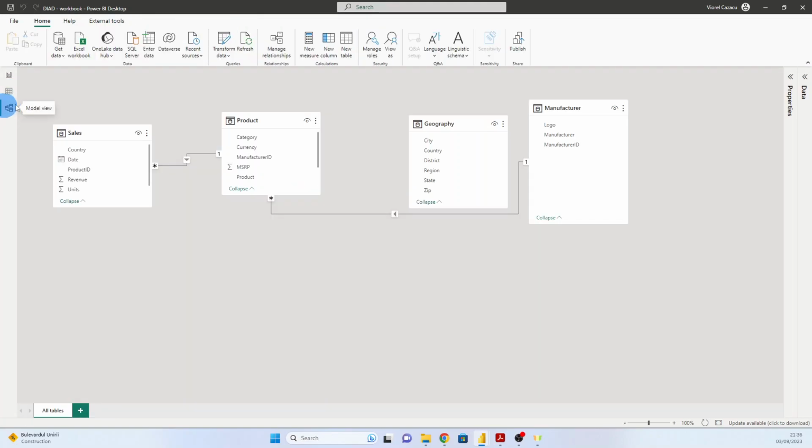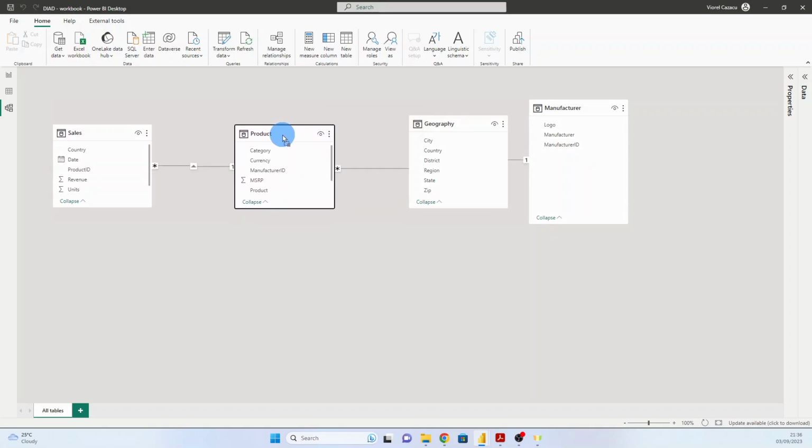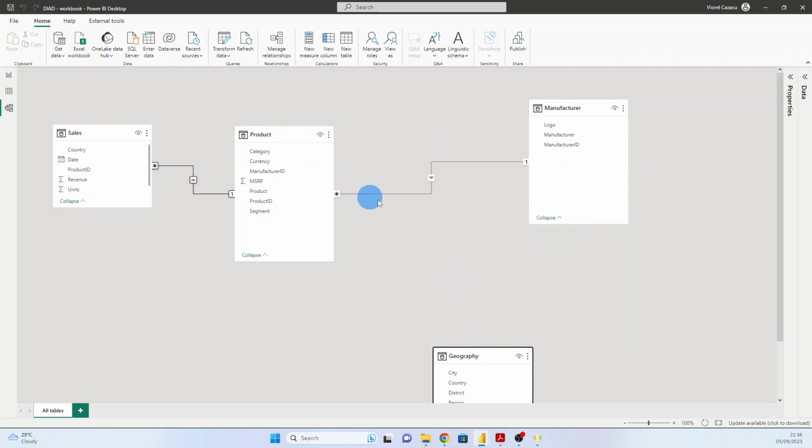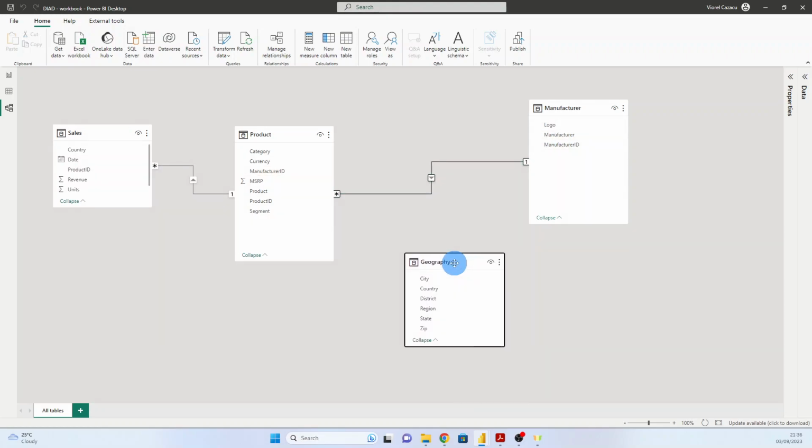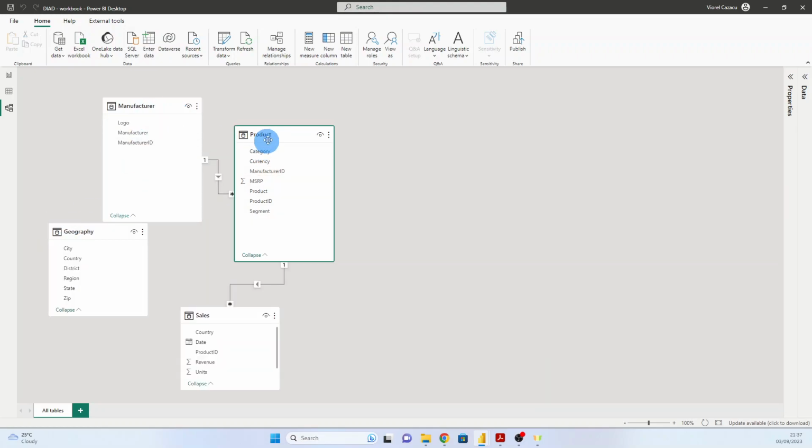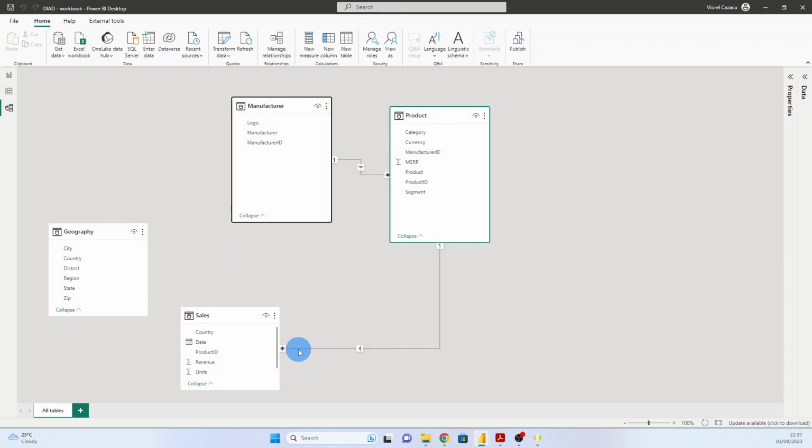If we go to the Model tab, we see the relationships. We see that we have a relationship between sales and product table based on the product ID. Okay, we make it bigger, and when we select here we see the columns that are linked, and then we have a relationship between product and manufacturer. We can rearrange this table,